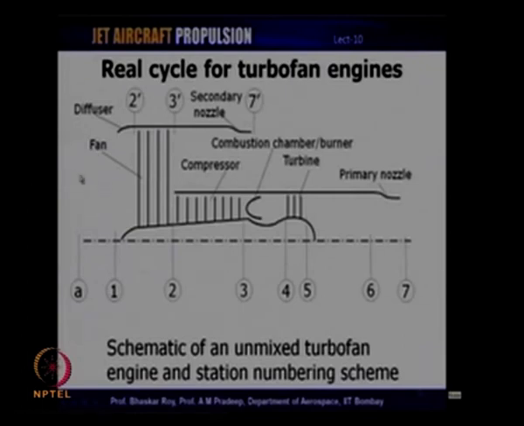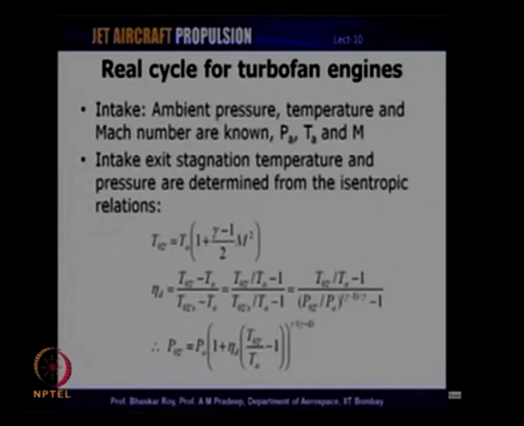So, these are the different stations which are involved in a turbofan. So, we have compression taking place all the way from the free stream in the diffuser, then the fan, and then the compressor. So, there are 3 different processes here wherein compression takes place, and then there is the combustion chamber between stations 3 and 4, 4 to 5 is the turbine expansion, and then we have the primary nozzle. There is a secondary cycle here, which is basically the fan compression and then subsequent expansion in the nozzle. There is no heat addition taking place in the secondary nozzle. So, for such an engine, let us try to carry out the real cycle analysis.